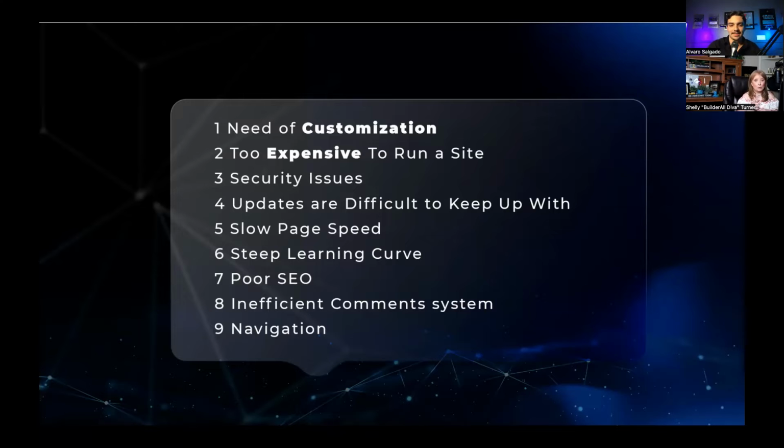The next one is poor SEO. And this is just notorious for WordPress as well. You have to get several different plugins to actually really take advantage of SEO. Then the inefficient comment system. So when you have a true blog with WordPress, there is a commenting system, but let me tell you what you're going to deal with when you have a comment system. You're going to get to deal with spammers and people that just are not nice. And you have to get those extra plugins and extra things to be able to manage those things and make sure to keep up with it.